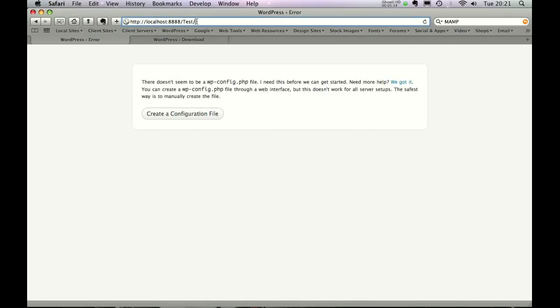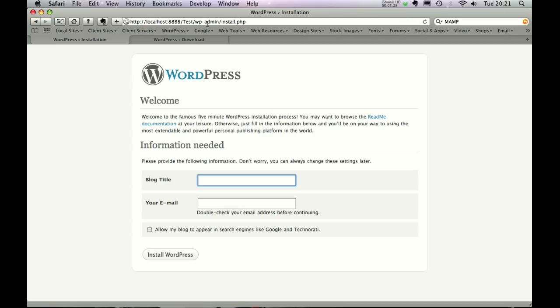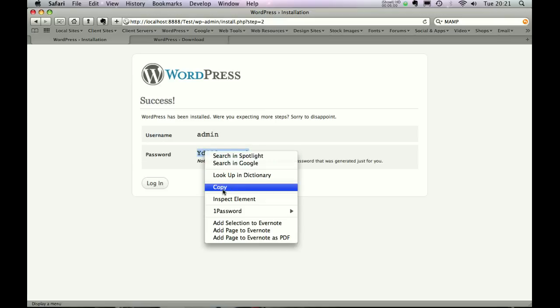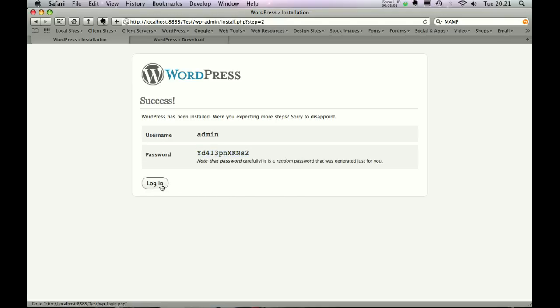Right, so if I now try and access this folder again, fingers crossed, we now come to the WordPress install page. For the blog title, I'm just going to call it test, and I'm just going to enter my email address, because you'll get password reminders and bits and bobs sent to that if you do forget it. And then just hit install WordPress. So here we go, we're presented with a username and a password, so jot this down. I'm just going to copy it for now, and I'm just going to hit login,